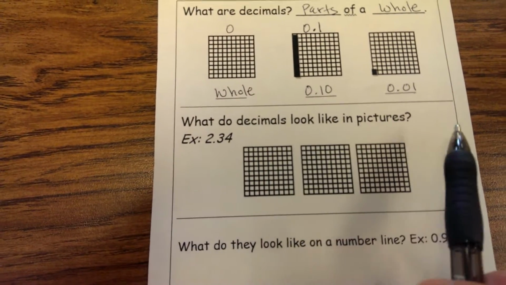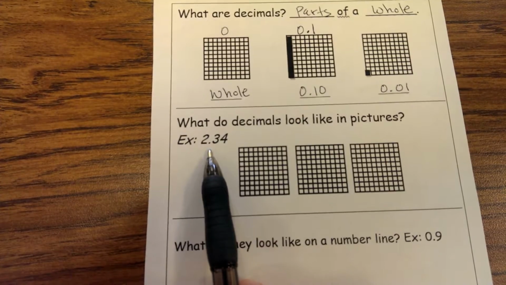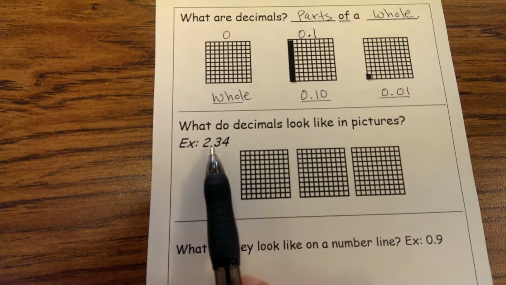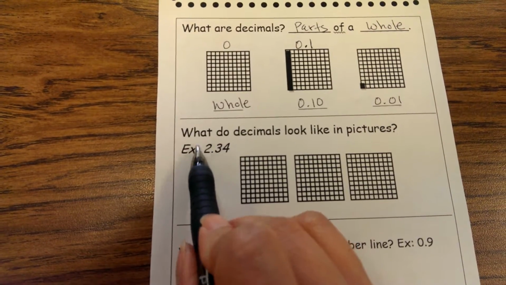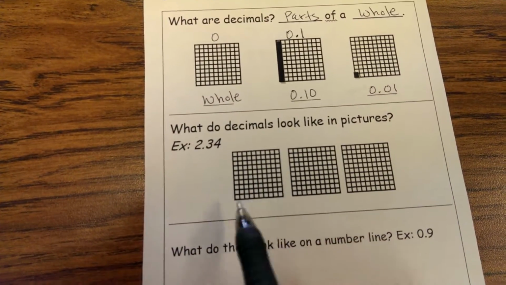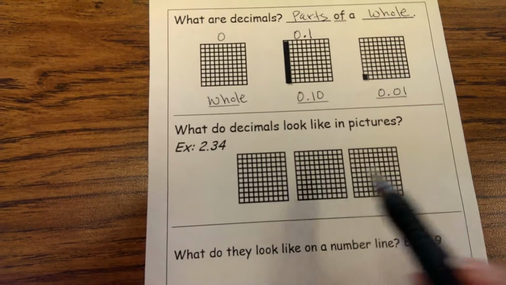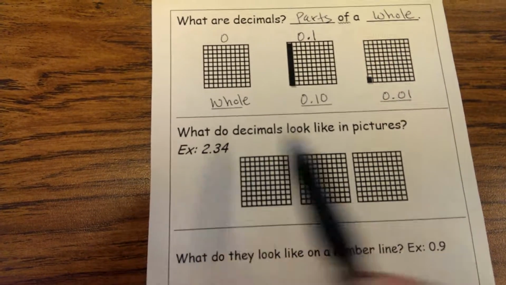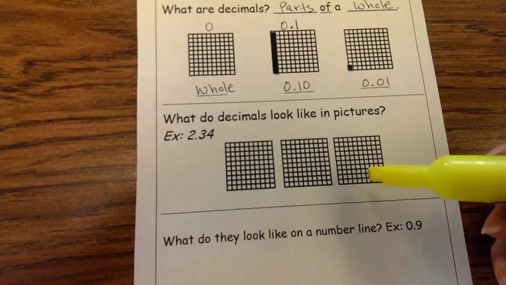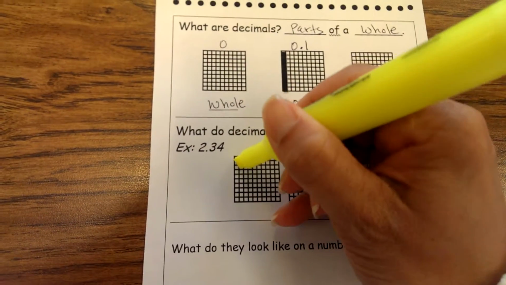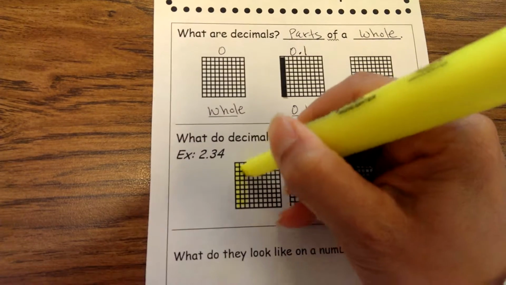What do decimals look like in pictures? Well, this is read 2 wholes, so there's 2 and 34 hundredths. So that means you got 2 entire wholes, so we're going to shade this whole thing and this whole thing, and then 34 hundredths would mean that we would only shade 34 out of the 100 pieces on our last part. So then 2 and 34 hundredths,